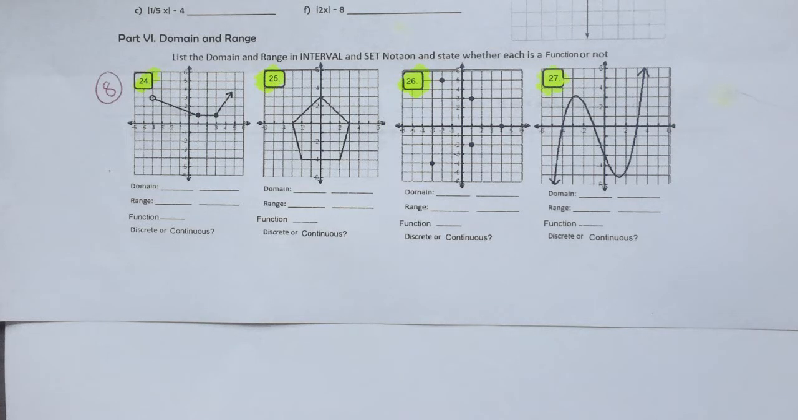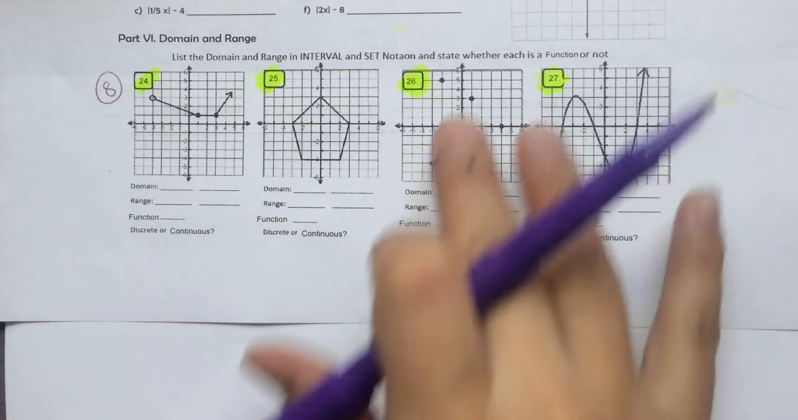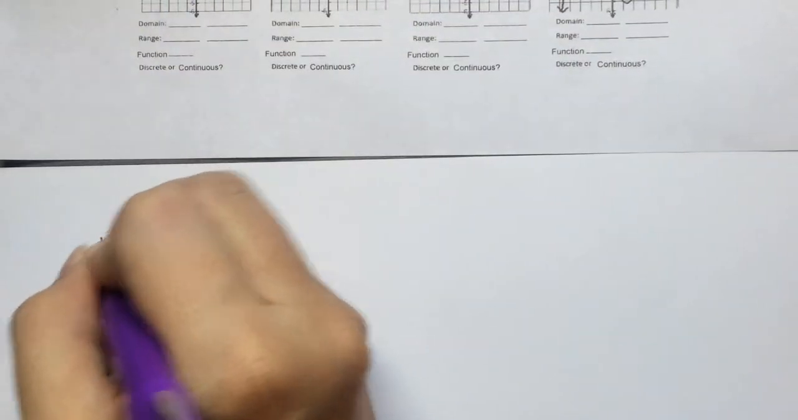Alright, so last video, this is video 8 of the test 1-3 review. I'm going to do these last 4 problems with y'all because some of them are a little funky, so I want to make sure we talk about it. It says list the domain and range in interval and set notation and state whether something is a function or not. So the first thing is, in order for something to be a function,